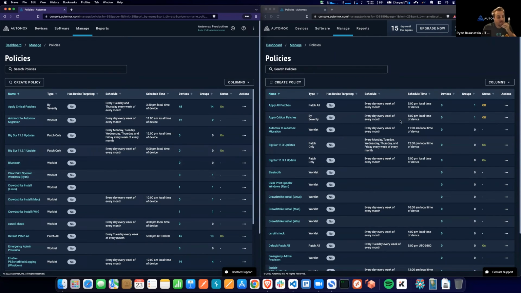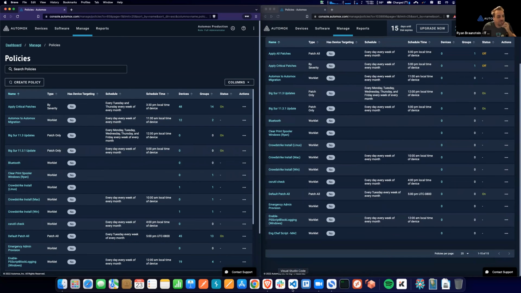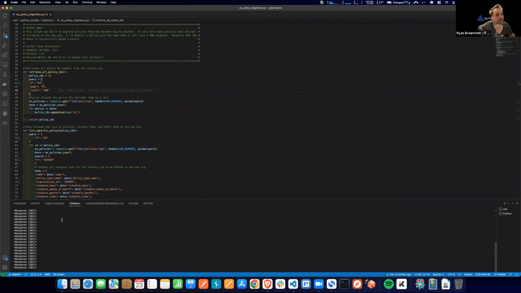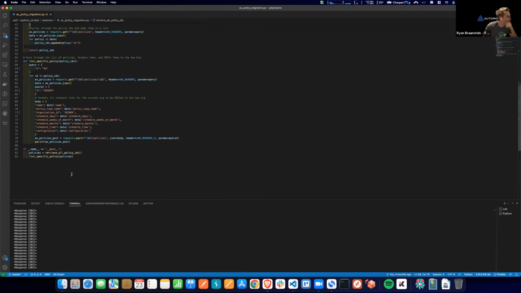It does not assign them to the groups when it comes over, so that is something you will have to do. And there are probably amendments that can be made in this code that could make it run a little smoother. This was something I spun up on the fly and accomplished in a shorter amount of time than it would have taken me to move everything over. With that being said,